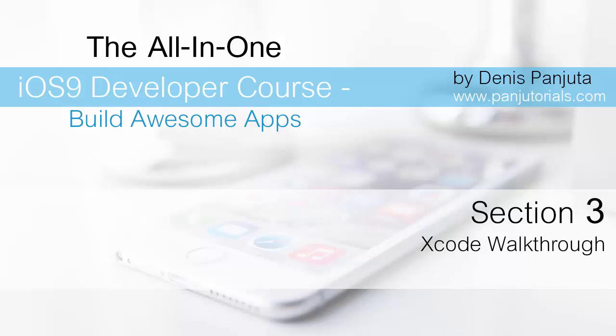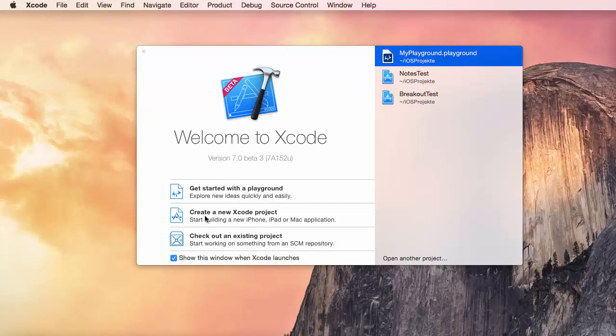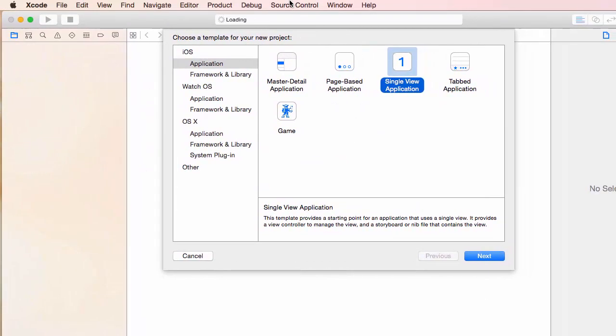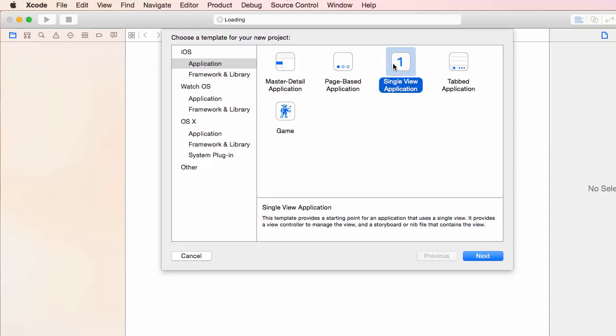So let's go ahead and have a simple quick walkthrough through the Xcode environment. For that, I just start here with creating a new project, and I choose, for now, a single view application. Before I go through that in detail, just quickly here on the left hand side, you